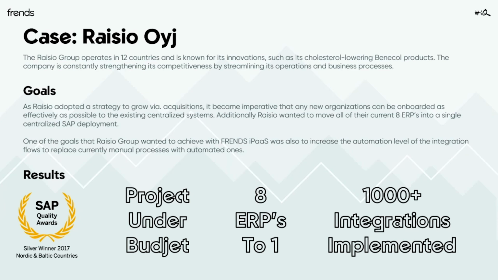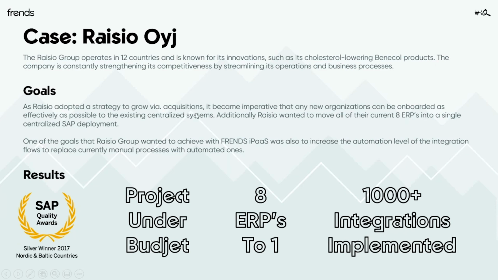And of course, what we did here with Raisio was that before any of the new ERP implementation started and before any of the new acquisitions, following the corporate strategy they had set in place, we came in there with Frends and actually audited their environment and created all the necessary integrations according to the best practice architecture I described earlier, so that our starting point when the ERP project starts and when the acquisitions start coming in is at as high a place as